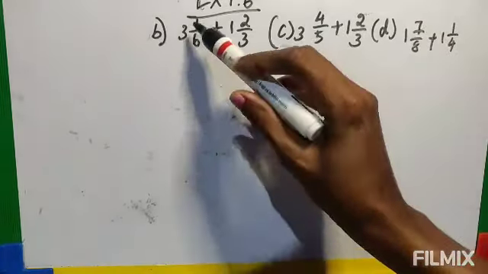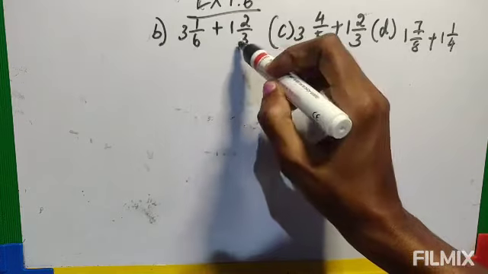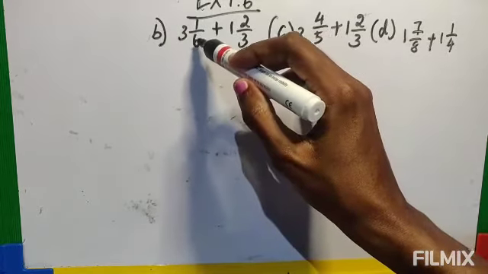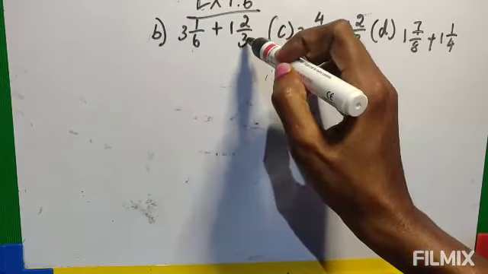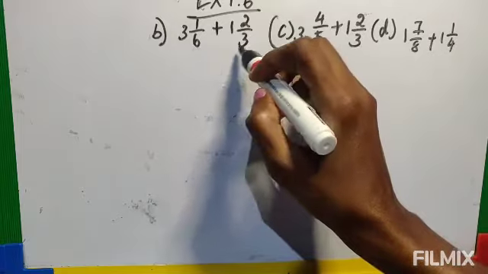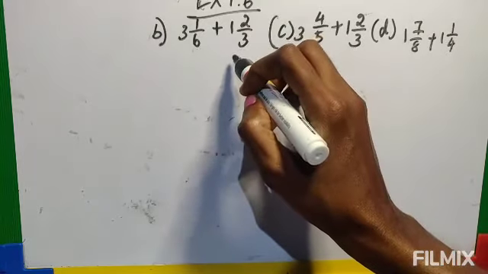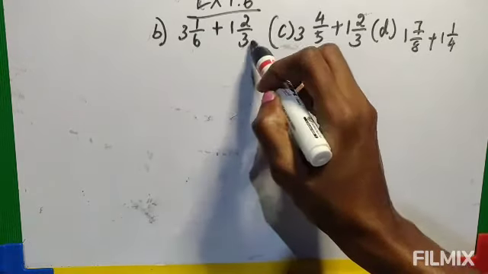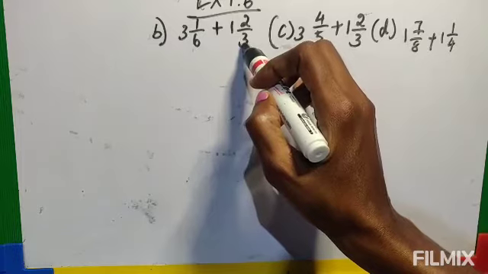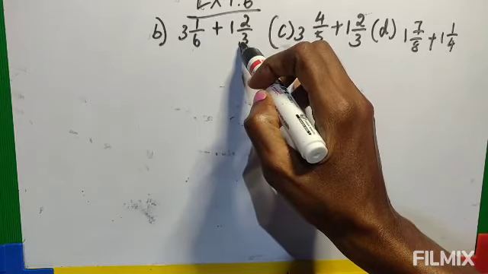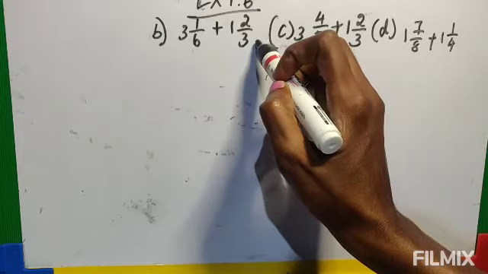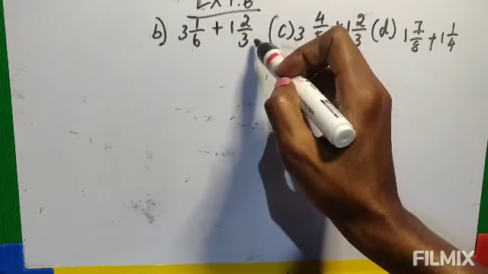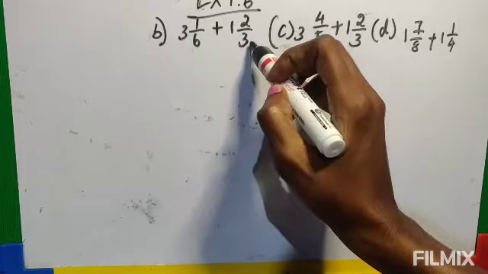See here, you will convert them into improper fractions, isn't it? After converting to improper fractions, the denominator will remain the same. So this fraction will have 6 as the denominator, and this fraction will have 3 as the denominator. Then this is an unlike fraction, with different denominators, 6 and 3. To convert into like fractions, I told you to check. So compare these two numbers: if you multiply 3 by 2, it becomes 6. That means you will multiply this fraction by 2. This you won't multiply, only this one you will multiply.